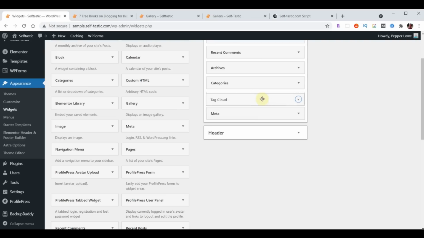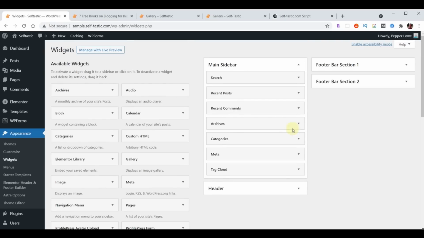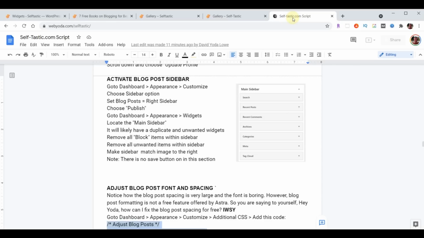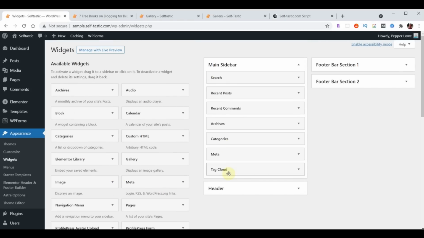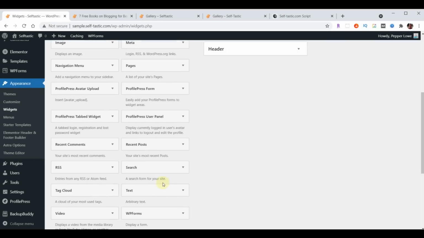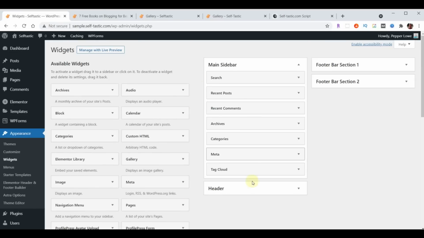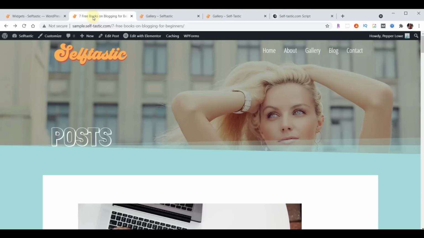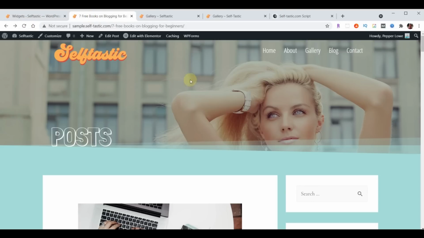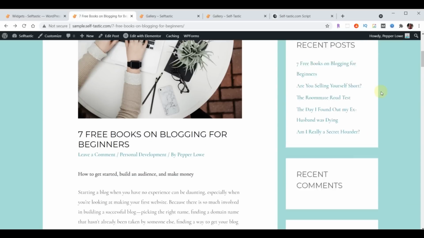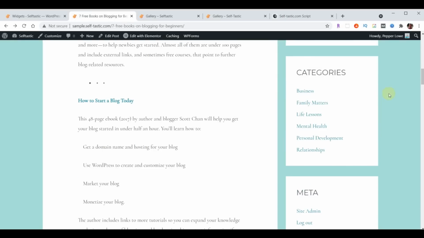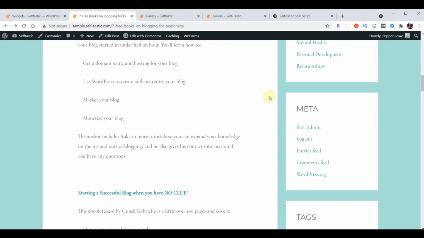Also, you can organize these however you want. That order right there matches what we have on our list. Again, you could pick other ones if you want to put stuff in there, but these are basically the general tool set you're going to see on most blogs. And there is no save on this page, so basically it's already saved. So now if we come back over to our post and we hit reload, you can see the sidebar has been added. We have a search box, we have recent posts, comments, archives, categories, meta options, and a